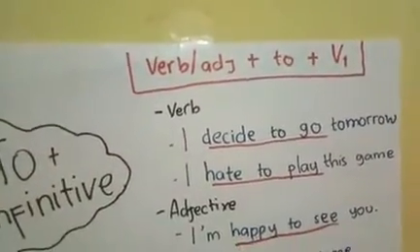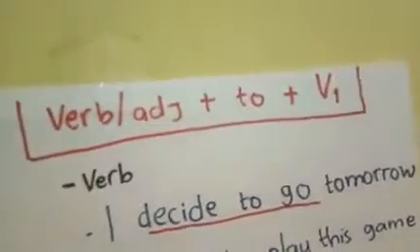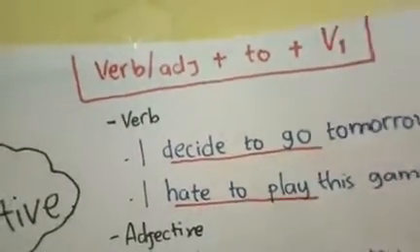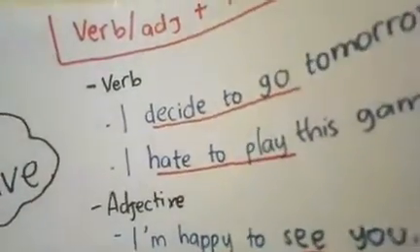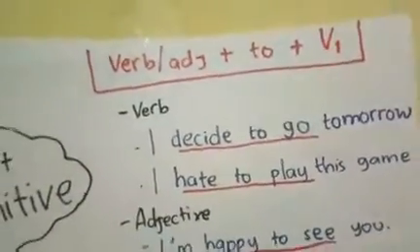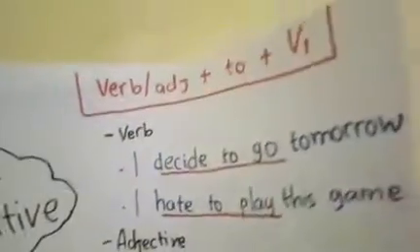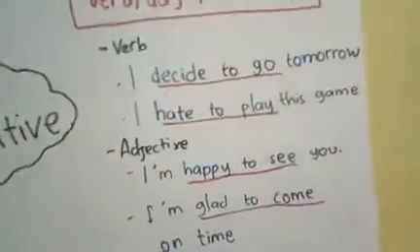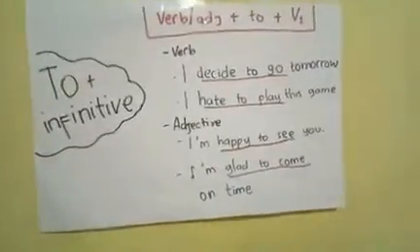So, after verb or after adjective, you have to add to and also verb 1 without ing, without ed, and without any other. Use the basic form of verb. Use verb 1. Look at the example: